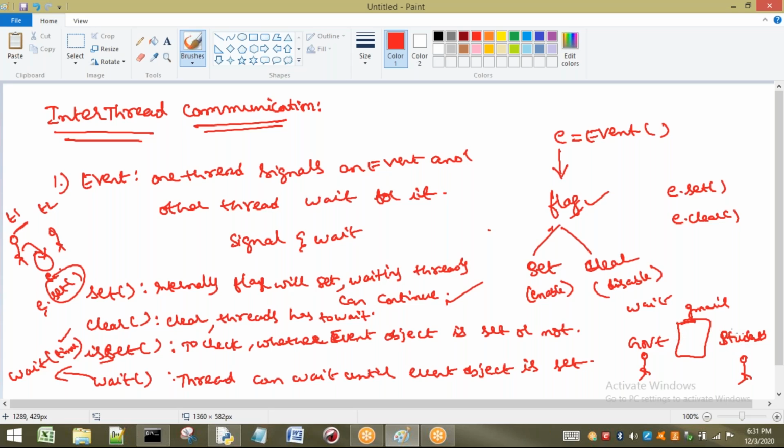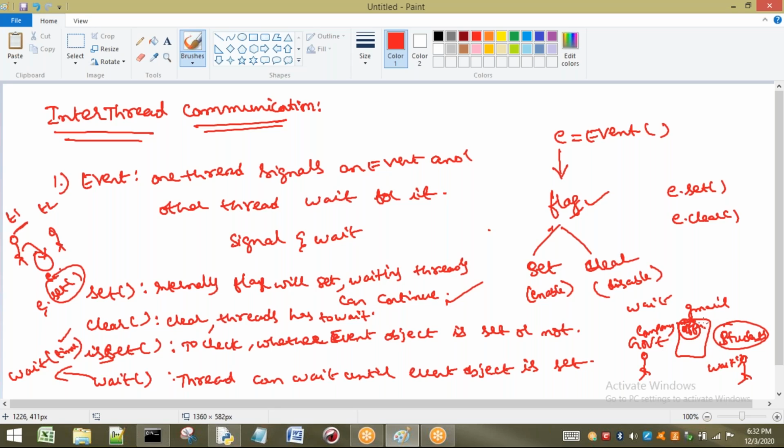When the student is going to join a company, the company has to give some notification by sending an offer letter. The student is waiting on Gmail, that means waiting to get some updations there. So the thread which wants some updations has to wait. Now the offer letter is got, that means we got some notification.